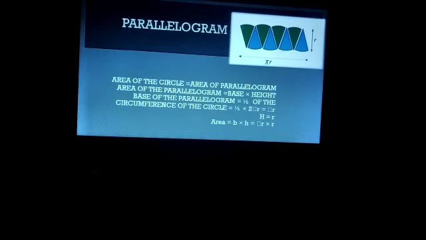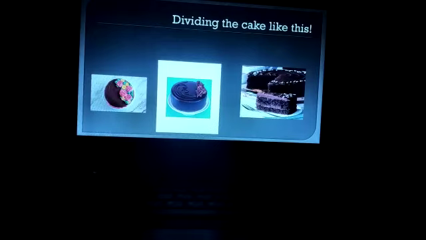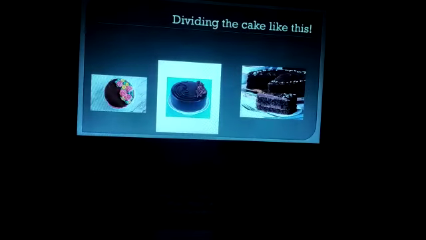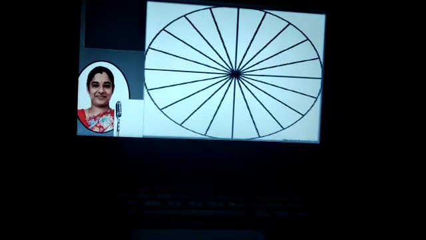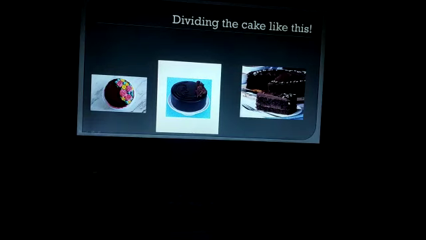So therefore, half of the portions we are arranging like this. So pi r is the base. And what is the radius? From here you can know about the radius, right? From here to here, what is the radius? It is the radius of the circle, right? From the circle portion we are dividing. Look, what will be this? This portion will be the radius. Look, this portion will be the radius, right? So this portion is radius.